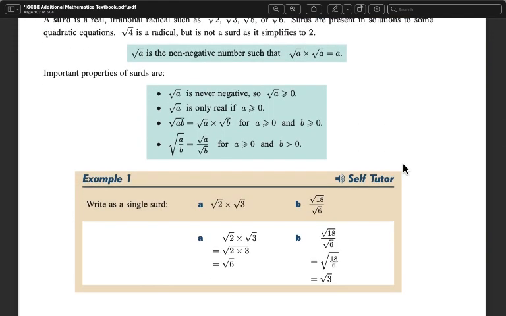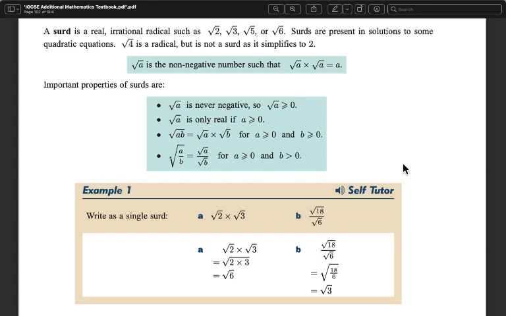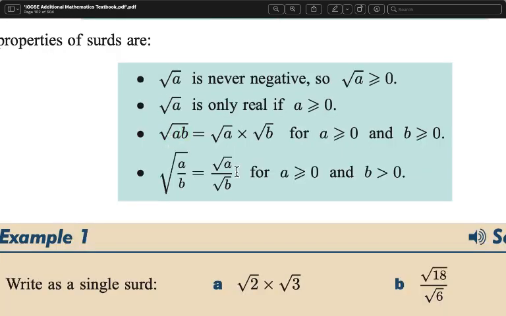There are also other properties of surds. Surds can never be negative, so the root of anything will be equal to or more than 0. At the same time, the root of anything is only real if anything inside the root is equal to or larger than 0. When variables inside the root are undergoing multiplication, in this case, the root of AB will be broken down into root A times root B. And at the same time, root A and root B also both have to be equal to or larger than 0 to make the